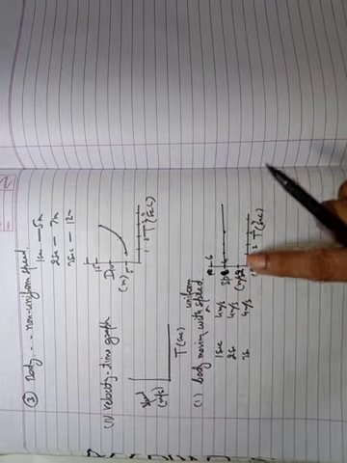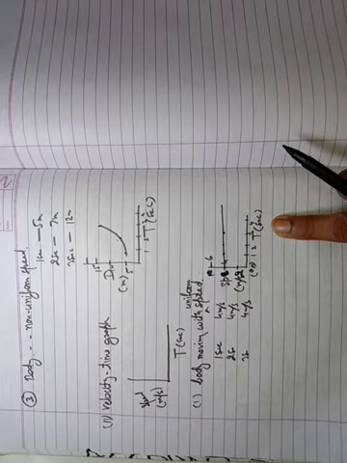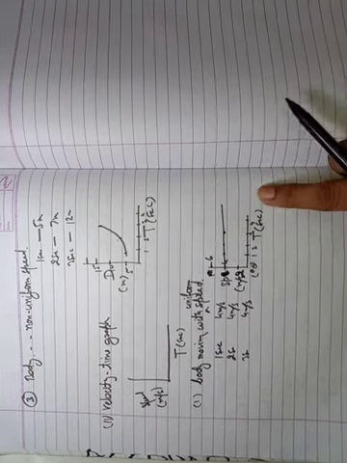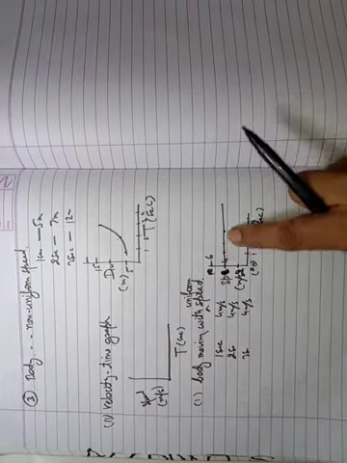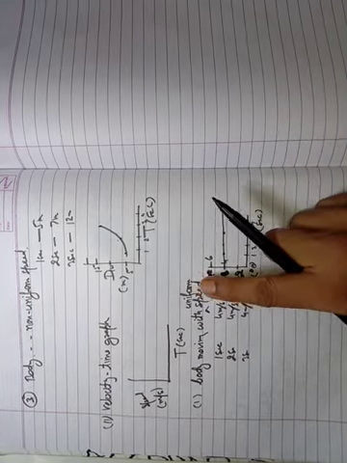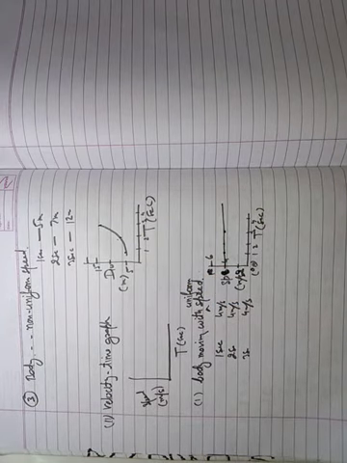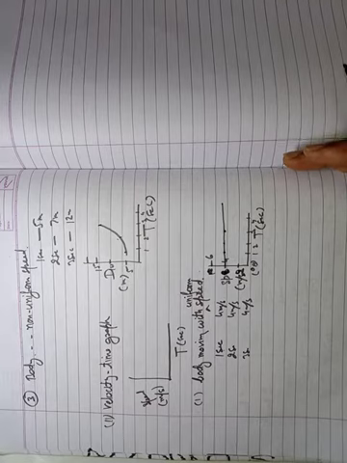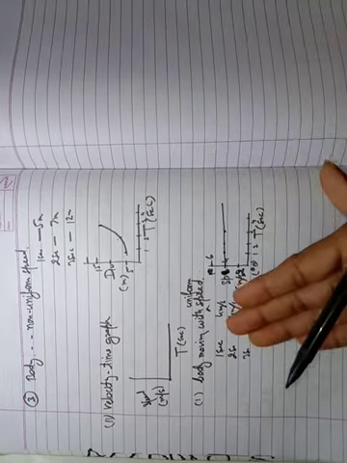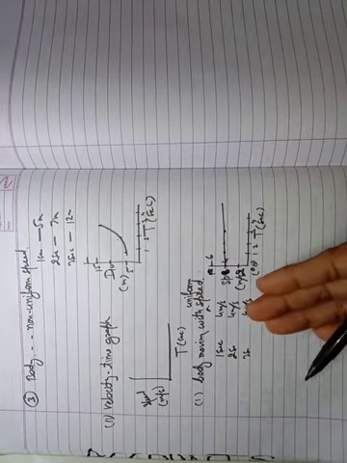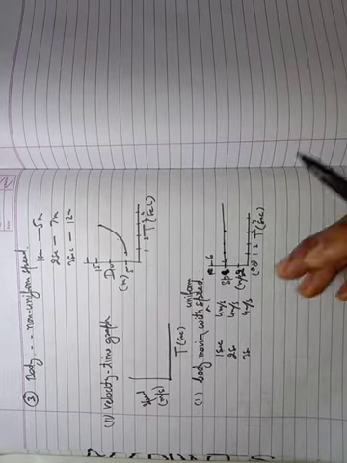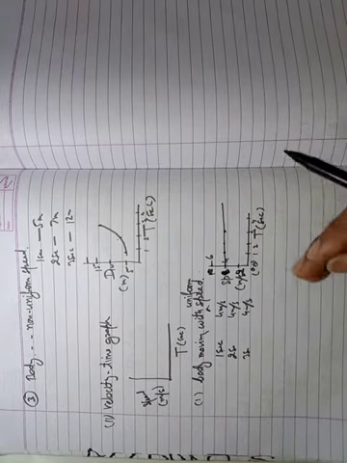It means if the speed time graph is a straight line parallel to the time axis, it represents that the body is at uniform speed. Its speed does not change with time. It has a constant speed. If a body has a constant speed, what should its acceleration be? Since velocity does not change, it has the same velocity initially and after some time. So the acceleration will be 0.